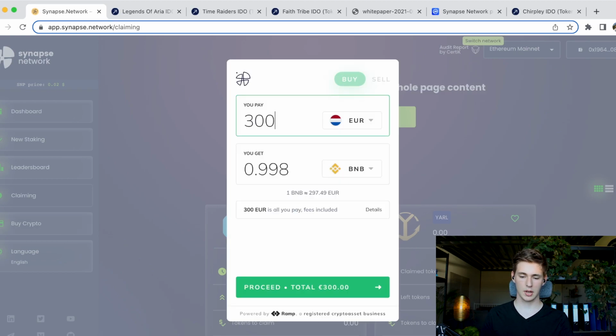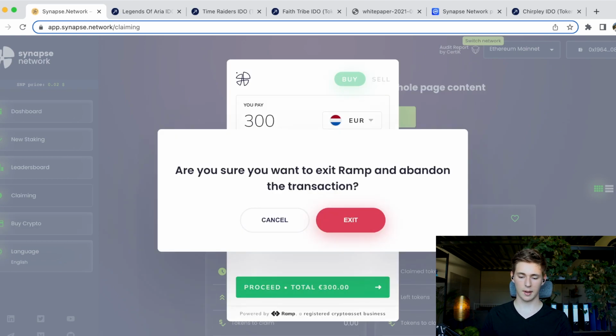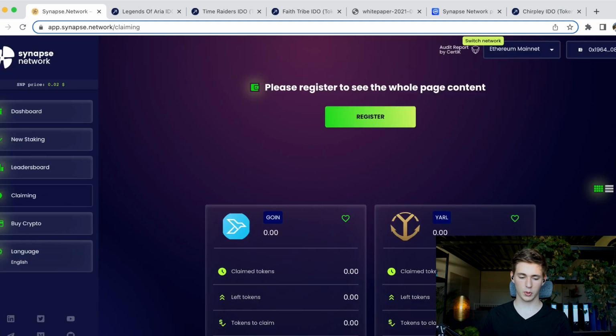Now this is of course their finance part of the dashboard. And I suppose more things are going to be added later down the line. Maybe they want to introduce a lottery system, right? You see that oftentimes with finance platforms, they also have a lottery. They also have a marketplace. So I assume these things are still coming up, but we're going to find that out right now as we are going to be taking a deep dive into the white paper of Synapse Network. So let's move into that.